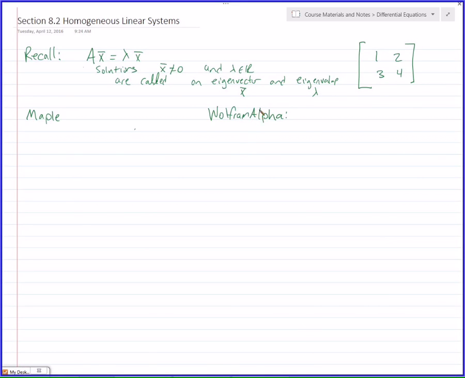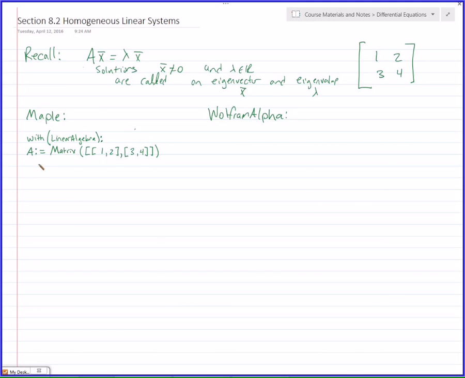If I wanted to find the eigenvalues of that matrix and their corresponding eigenvectors in Maple, before I do anything, I make sure I load the linear algebra toolbox. Then I type in my matrix, A colon equals, and then it's two brackets. Actually, first it's the word Matrix capitalized, parentheses, two brackets. Put the first row in there, 1, 2. Close the first bracket, comma, bracket 3, 4, bracket,